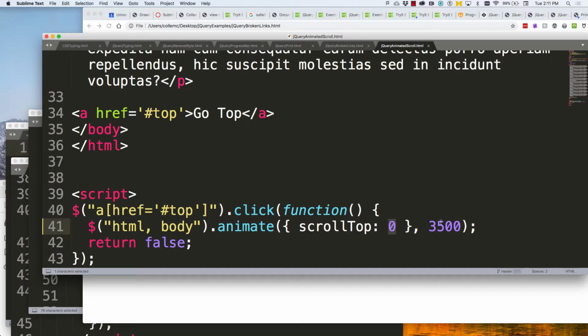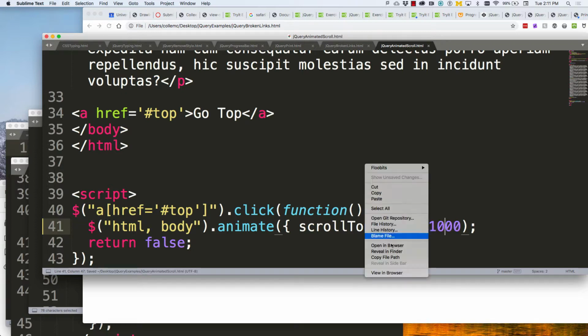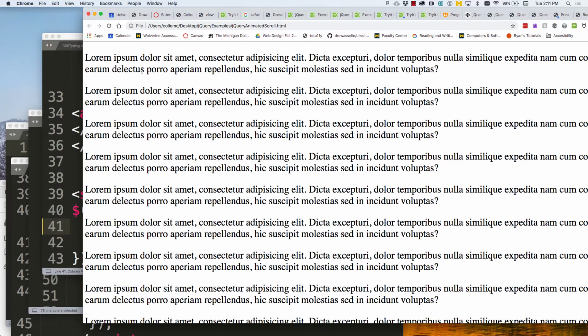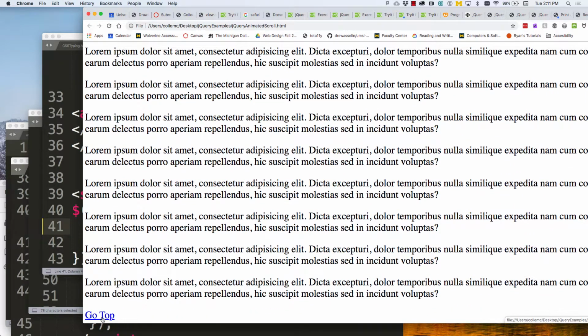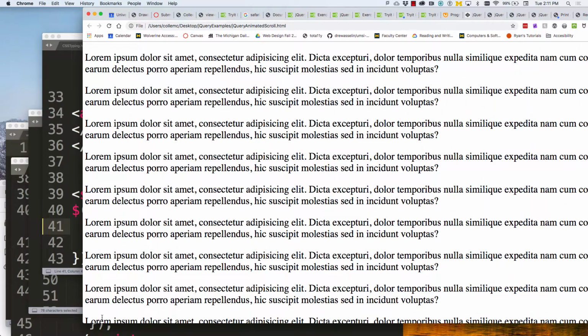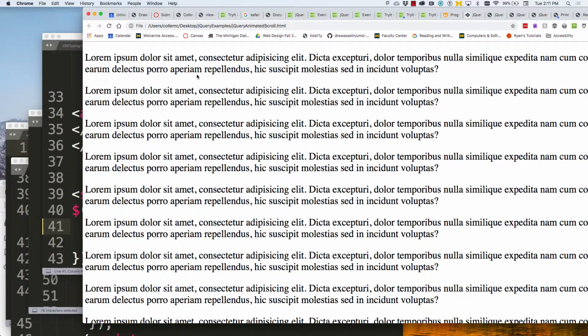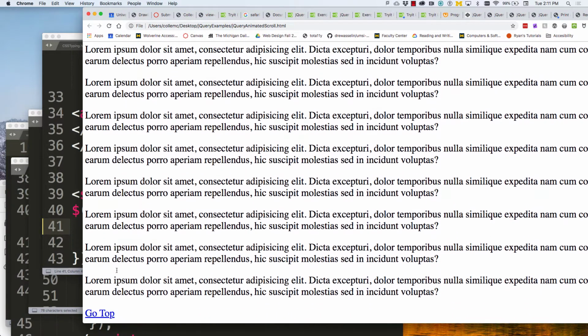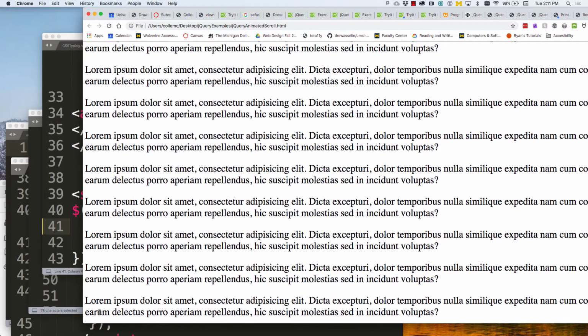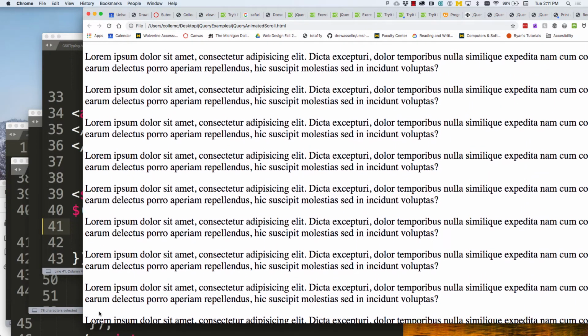And I'm going to go, here, I'll make it 1,000. So now I go down here, and if I click on go to top, it goes up there. If I made it, I think I was being a little obnoxious earlier because no one was listening to me. If we go here, we can all sit this one out, right? But do you see,